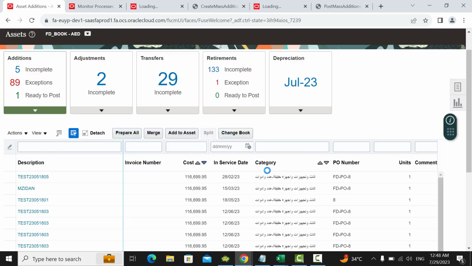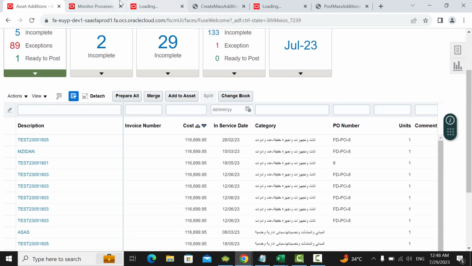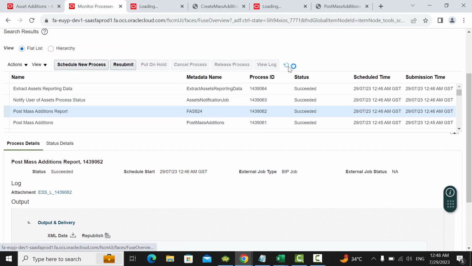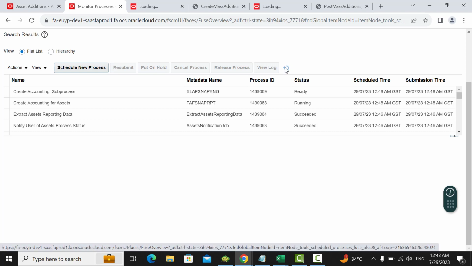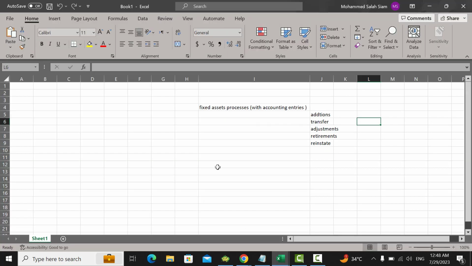Okay. Go to monitor process to check the status. So it's better to open two pages, one for monitor and one for your transactions. Check, refresh. So once we add the assets from payables, we got